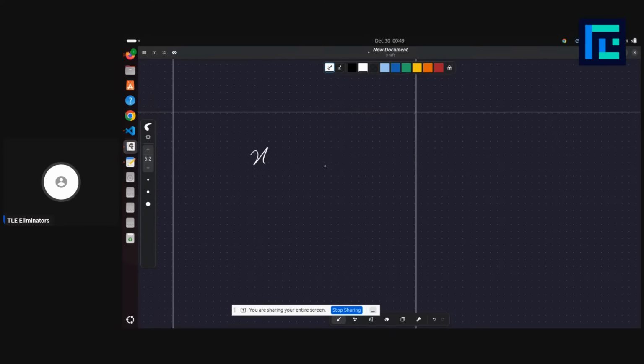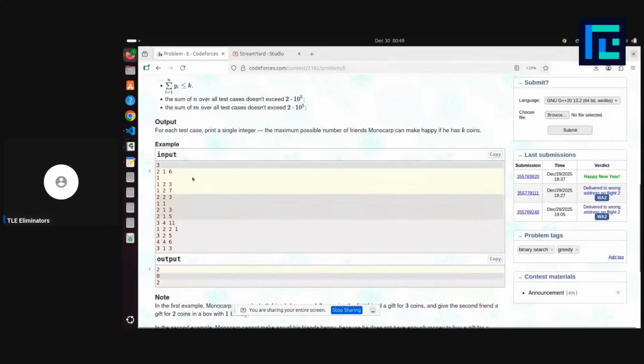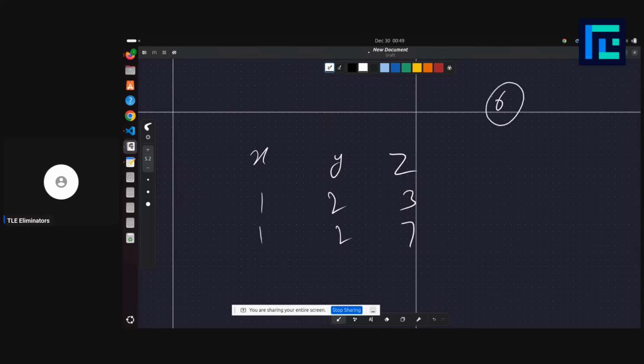So we have x, y, z. For the first friend, x is 1, y is 2, z is 3. And for the second friend, x is 1, y is 2, z is 7. And we have 6 coins. So basically, we want to give both friends a gift of at least 2,